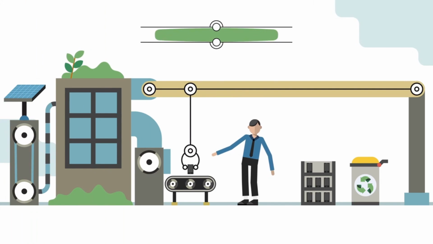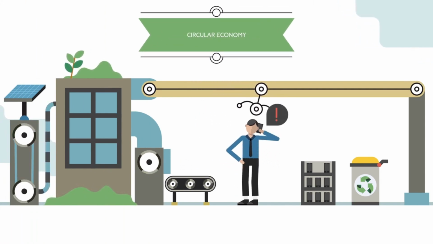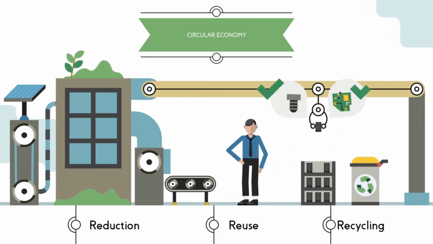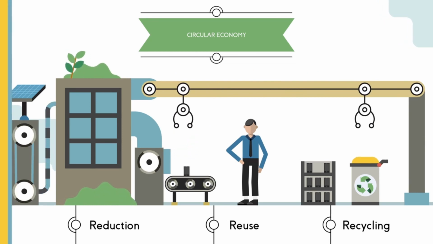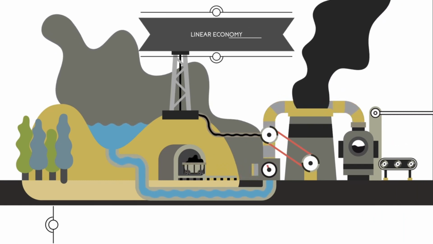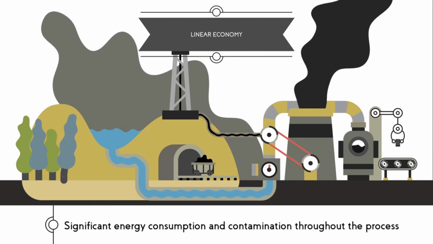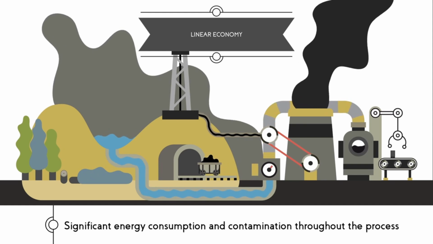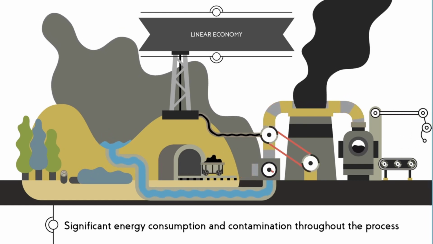But this model could now be reaching its end, its place taken by the circular economy, a system of using resources where reduction, reuse, and recycling of elements is valued most, and waste is turned back into resources. The linear model depends on the extraction of resources, their conversion into materials, and their assembly, resulting in a product or service soon to become waste. All its stages imply intensive energy use and consumption of resources, and the emission of gases which pollute.